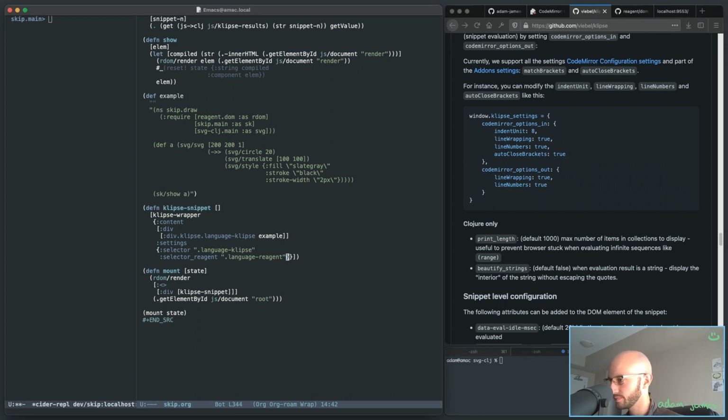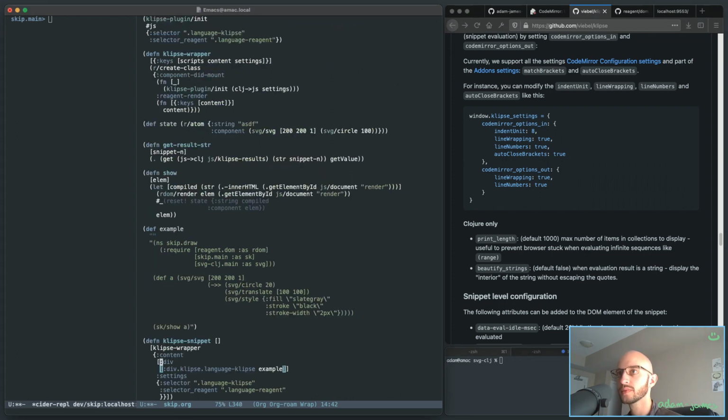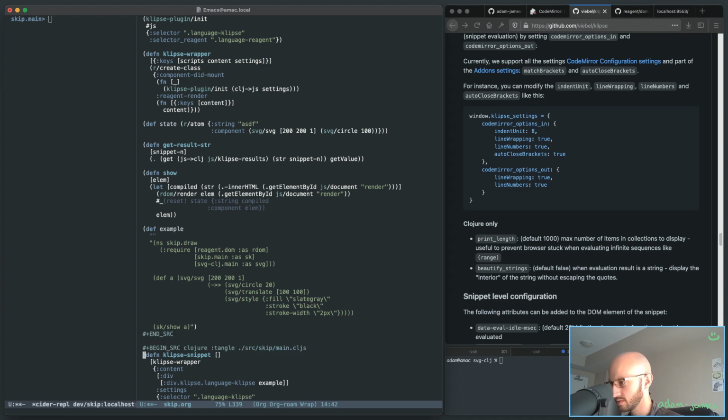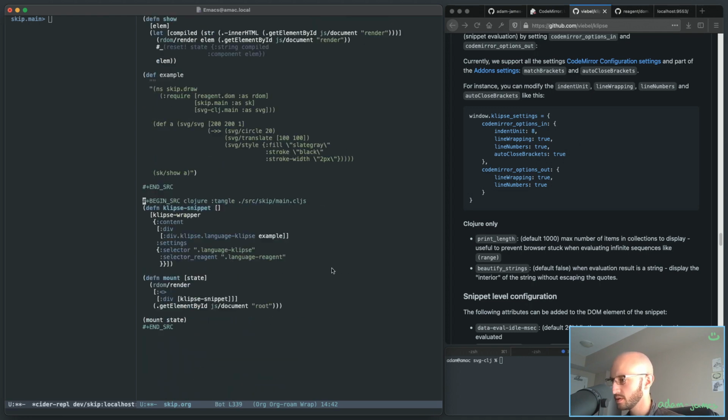Let's do this. I think this is what it is. CodeMirror options, and that is a map itself,